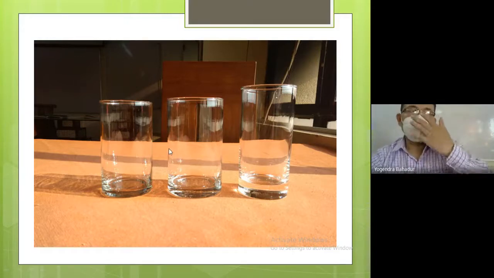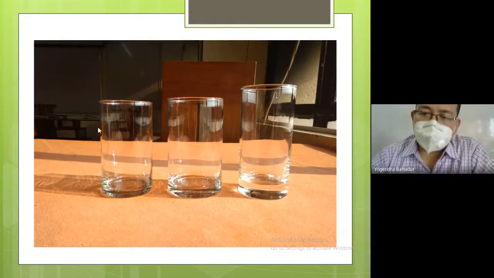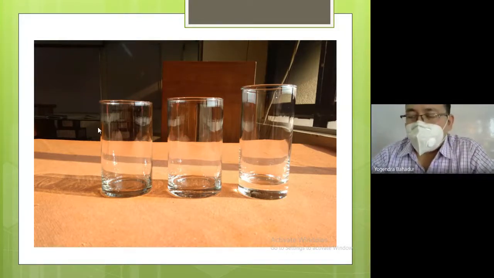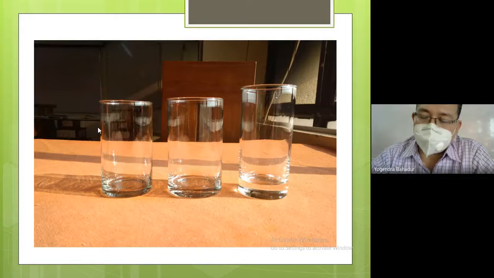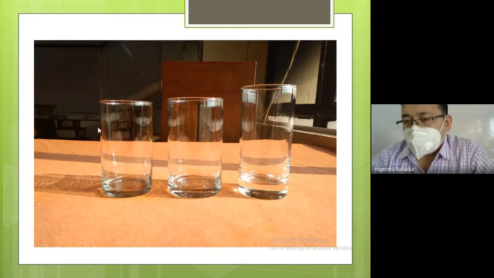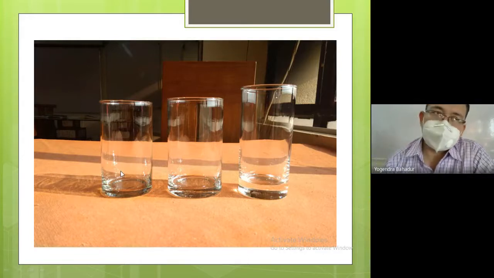So now a very basic question that strikes our mind is why we are having different names for the different glasses. Although quantity wise they are different, shape wise they are the same. They are all cylindrical in shape only. So why have we been giving different names to the different glasses?